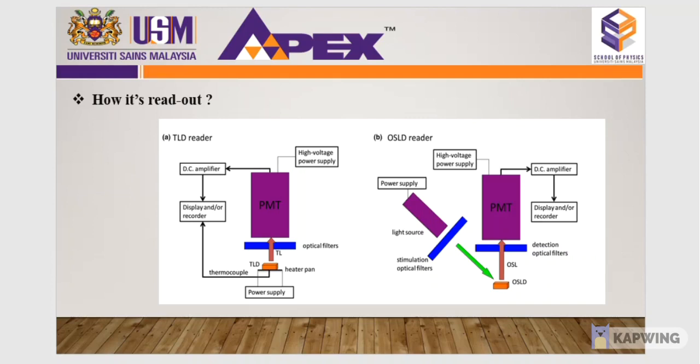Figure B presents a typical configuration for an OSLD reader with the same steps and same equipment, but the difference is in how we stimulate. In the OSLD case, we do not need to heat. An optically stimulated luminescence dosimeter can be read using light, either of constant intensity, the continuous wave technique, or variable intensity, the pulse technique. The OSL signal will decrease exponentially as the trapping centers